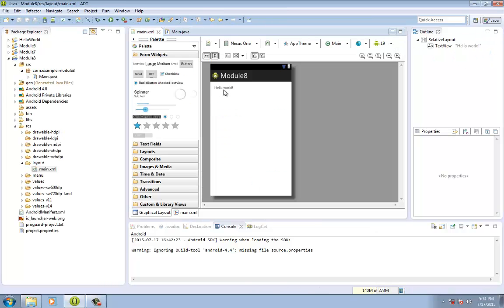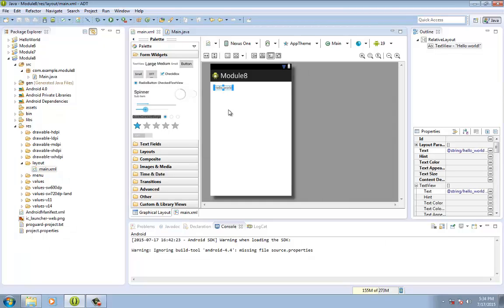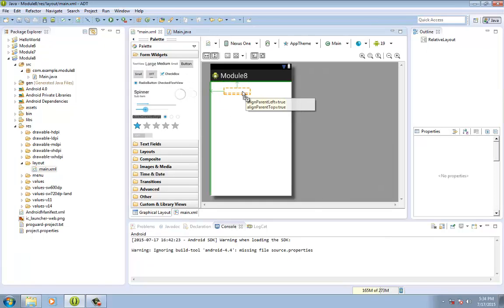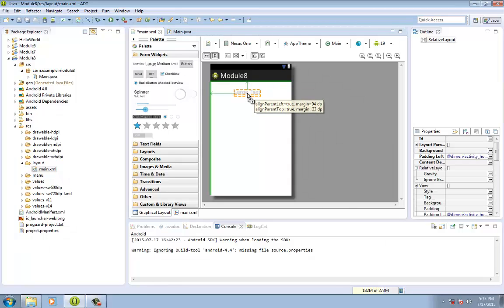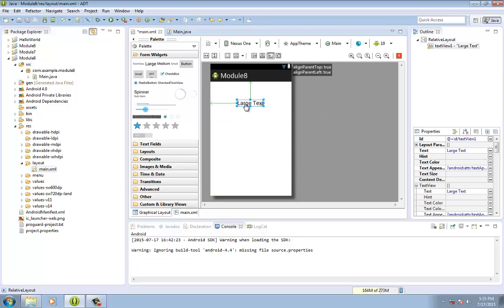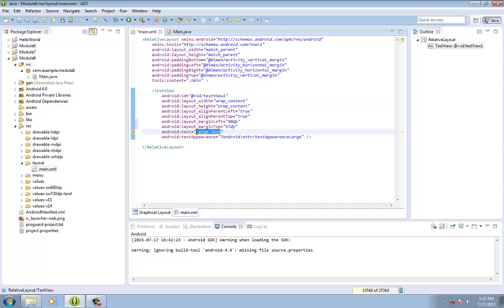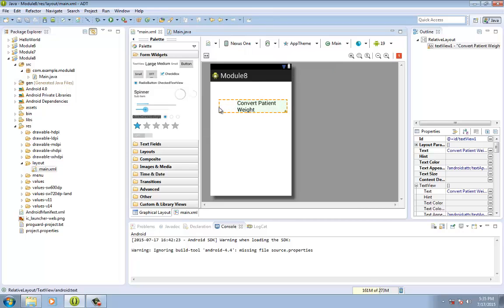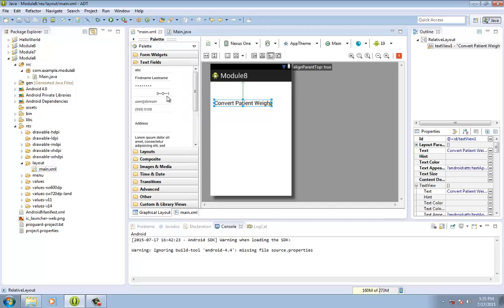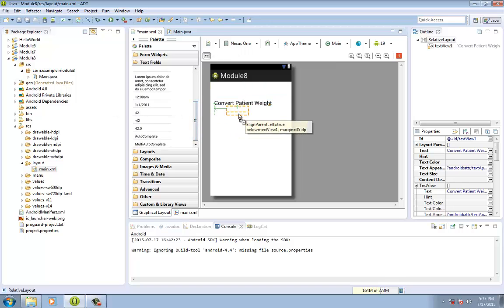We are now going to go to the main.xml and delete the welcome message, and then drag a large text view to your application, and then change the text to "Convert patient weight." Then we're just gonna adjust, and then afterwards we're gonna get a number text field,